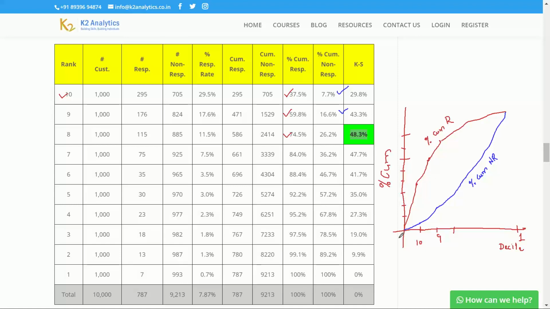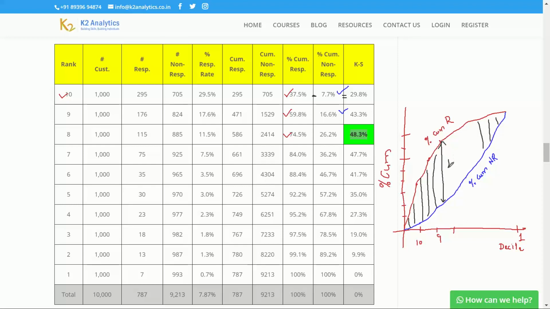And here what you can see is the separation. This is the separation, which I'm using a black line to show. Now this separation is nothing but the difference which you calculated, 37.5 minus 7.7 equal to this. So if I keep calculating this, here you see the separation is increasing, and up to a point it increases. There is a maximization of separation, and then after a certain point this separation again decreases.